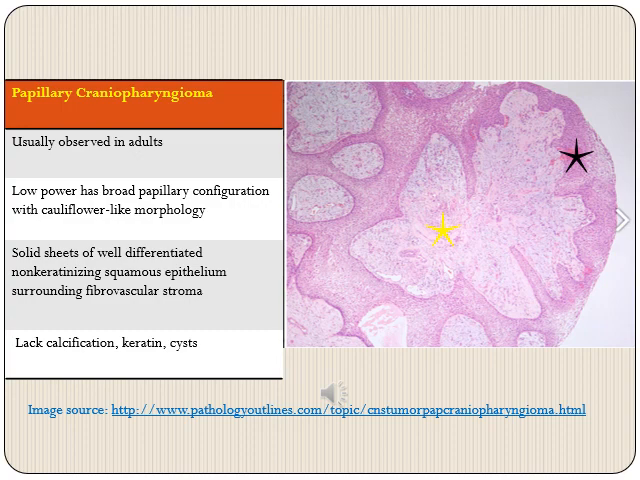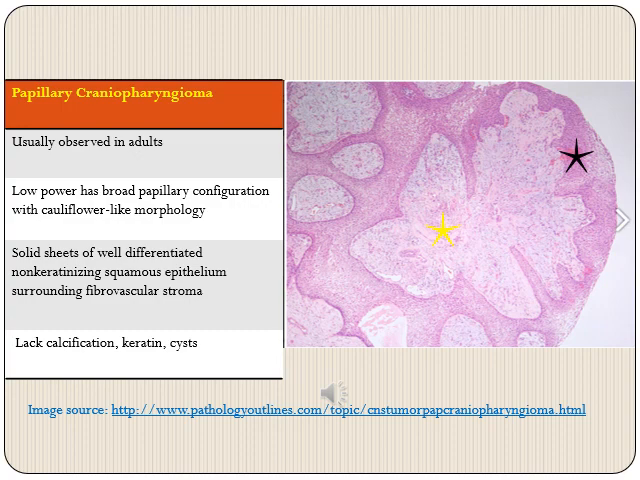Next is papillary craniopharyngioma. These are called so because of their papillary appearance, and are usually observed in adults. On low power, we have broad papillary structures with cauliflower-like morphology. If we go higher up, then we have solid sheets of well-differentiated non-keratinizing squamous epithelium, which lines these fibrovascular cores. Unlike the adamantinomatous craniopharyngiomas, these tumors lack calcification,